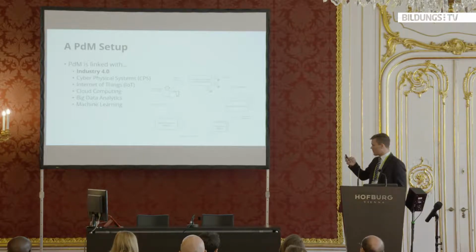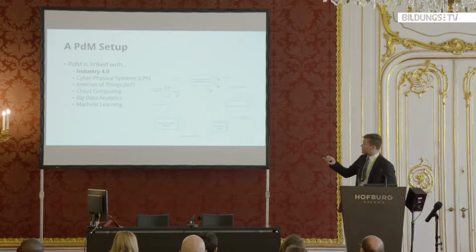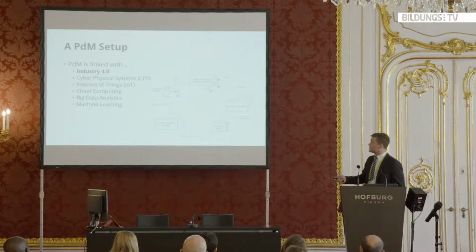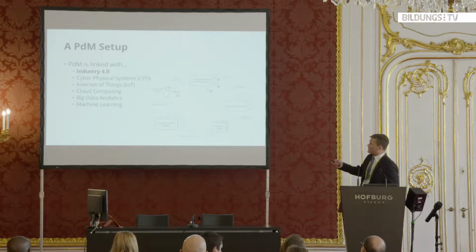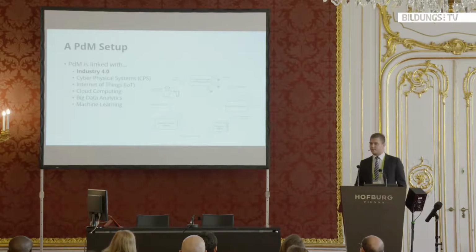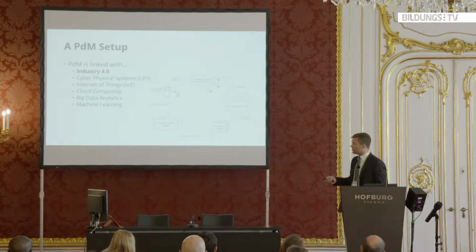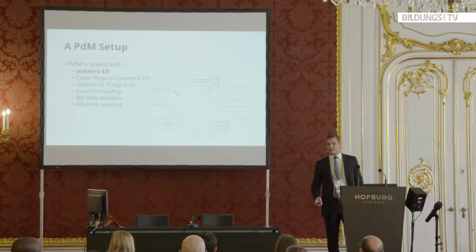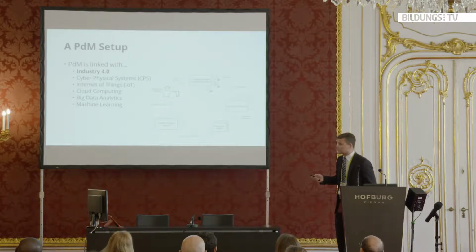We have our transport system here, our respective production plants, equipped with some sensors, each representing an individual, and therefore referring to the Internet of Things, sending data continuously to some cloud process, which links to cloud computing, getting pre-processed there, getting forwarded to so-called analysis components, which are in our case prediction models, getting further forwarded to a decision support system, which is afterwards triggering maintenance actions, which are sent, for example, to some maintenance operators,